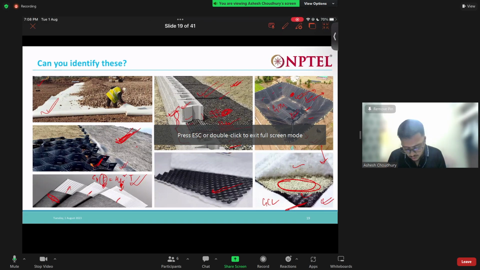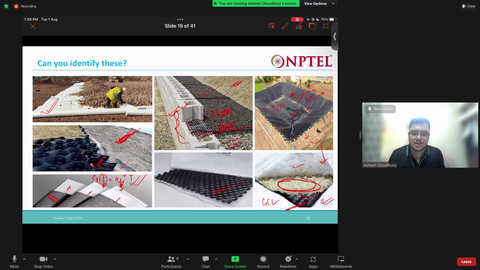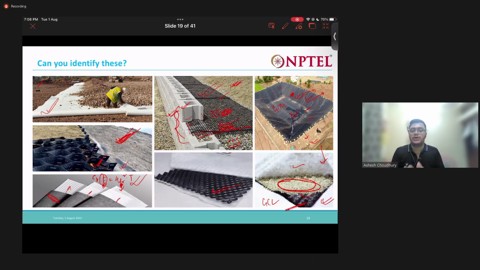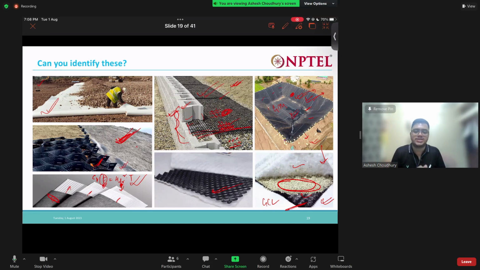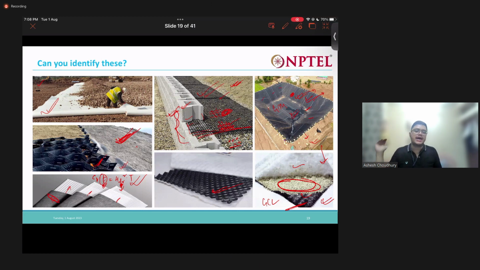Now, in the next slide I will show you. During my BTech, we visited a site on National Highway 37. In a portion of National Highway 37, a flyover was being constructed over a railway track. The railway track was passing through the national highway, so to cross it, so that the traffic passes over that railway track,